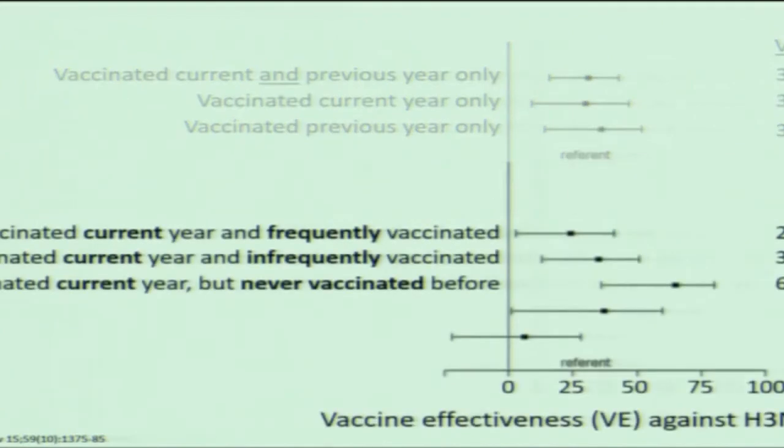And you can see basically there was a nice dose-response curve, or lack of dose-response curve, in that the less frequently you had been vaccinated over the last 5 years, the more effective was your vaccine in the current year, to the point that if you were vaccinated every year for the last 5 years, this season's influenza vaccine was only 24% effective, compared to if you had never been vaccinated before and you got this season's flu vaccine, it was 65% effective. Now, before you conclude from this that you should only get your influenza vaccine every 5 years,